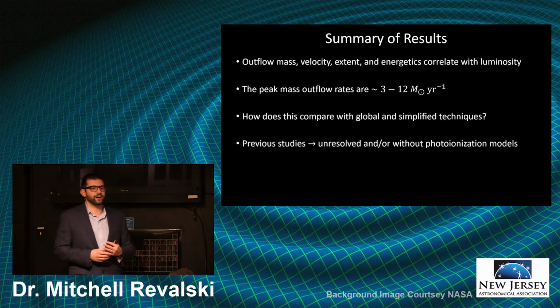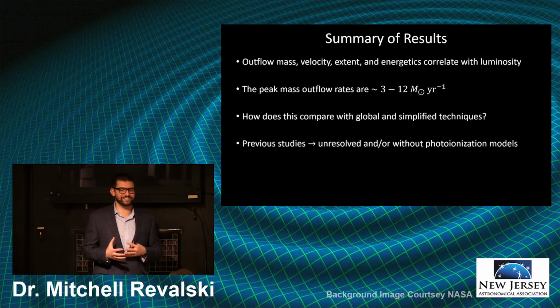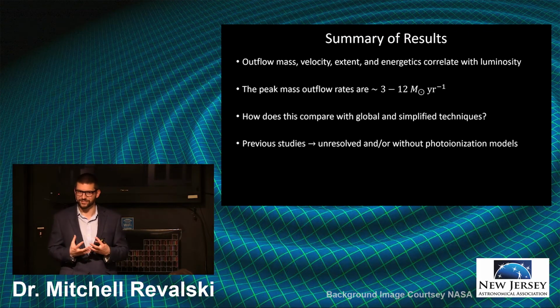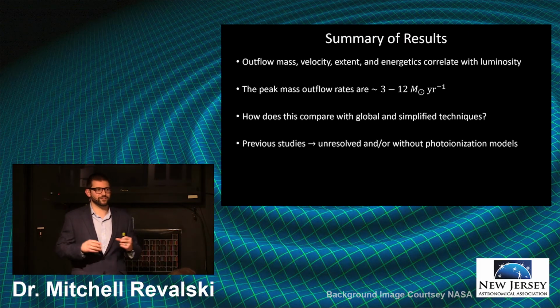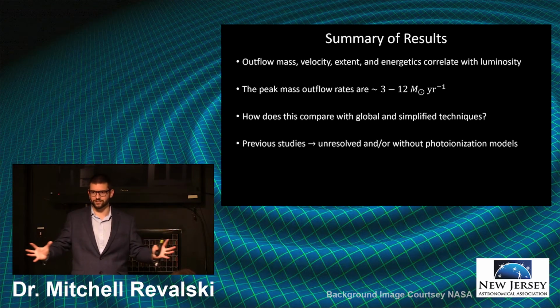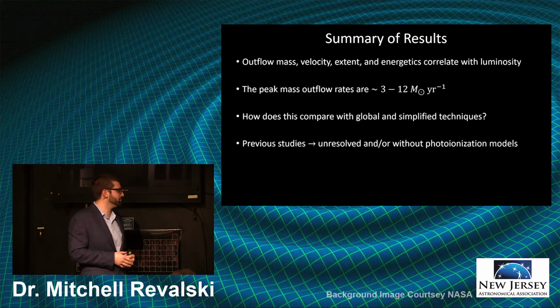The question then is, how does this compare with other techniques that have been used before? So I spent a couple years doing all this for a few galaxies. Was it worthwhile? Did we actually really learn anything in particular? And so I'll compare with two types of studies. The first is those unresolved studies where we basically just lump everything together and use a single measurement of how powerful these outflows are, and then look at some other ways of estimating the amount of mass that's in these